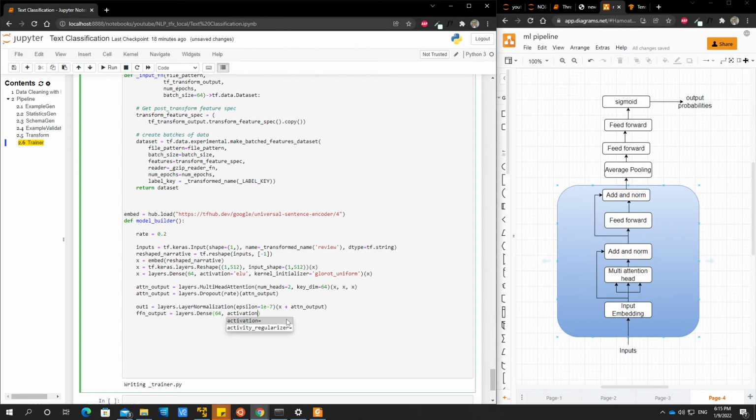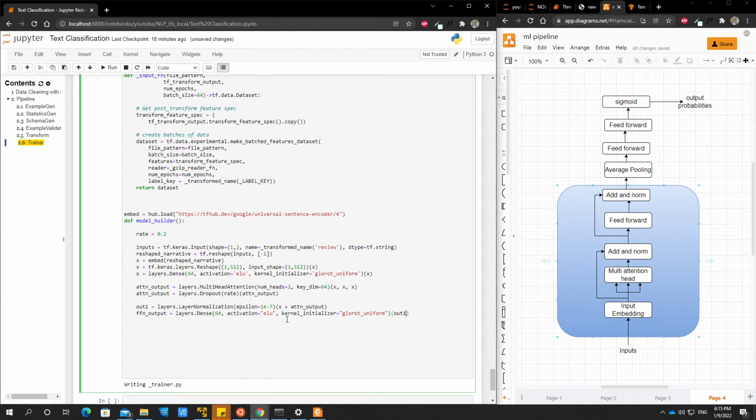And then we have activation. Just going to name it elu, right? And then we have kernel initializer. I'm just going to say glorot uniform, just like we did here, right? And then the output is out,